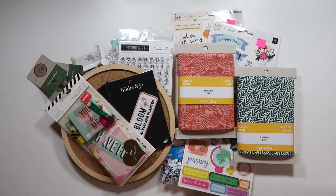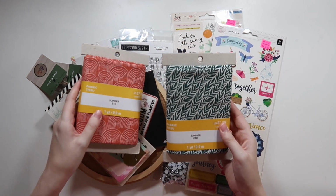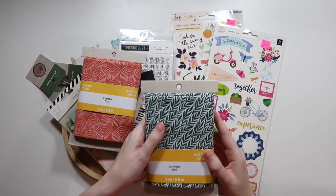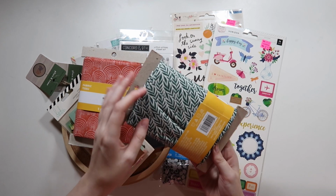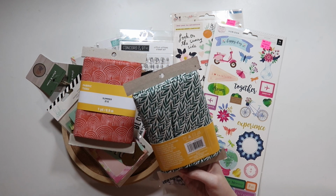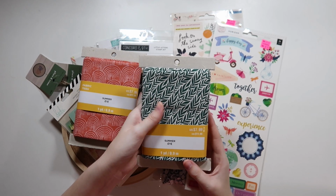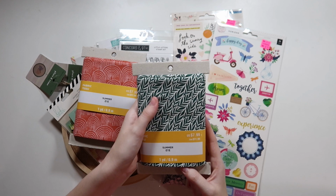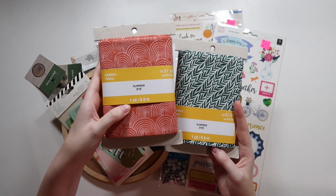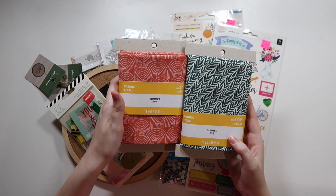Next up was another kind of random purchase. These were also on clearance from their summer collection. These are some fabric quarters. There's a yard of each on here, originally $8. I picked up this beautiful green leaf pattern. I do wonder, let's see, I believe these are cotton. Machine wash cold, 100% cotton. Yes, okay, that's what I thought. So I did pick up these. I have this green one and then this sort of orange arch rainbow one, which again I thought were both very beautiful, especially for backdrops, since I'm taking a lot more photos of different things I'm posting